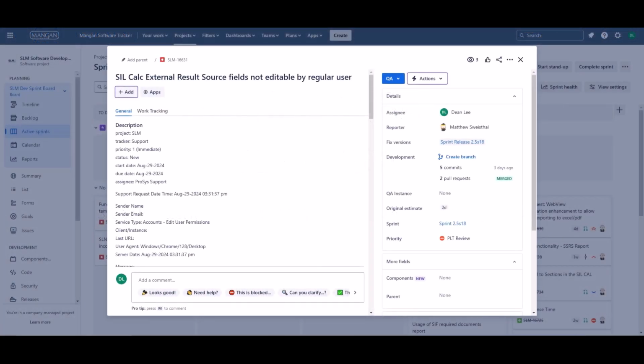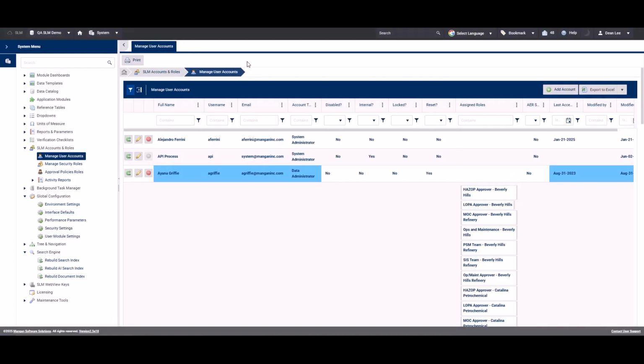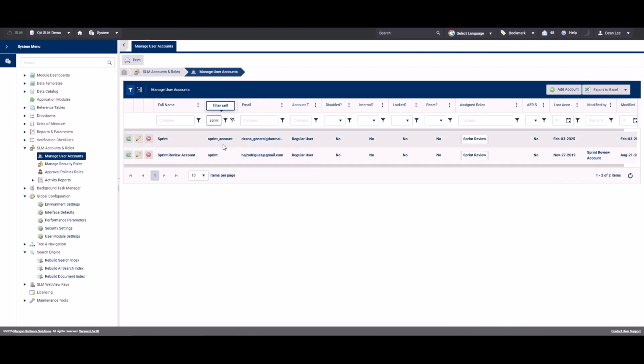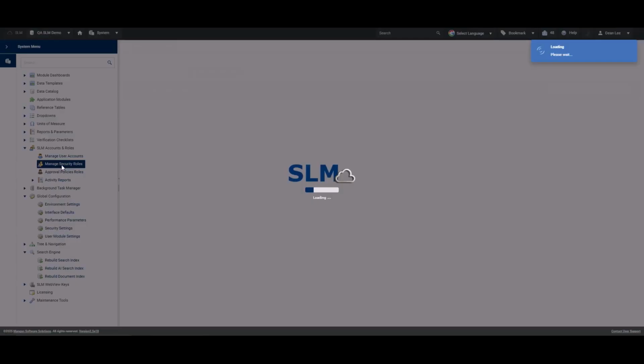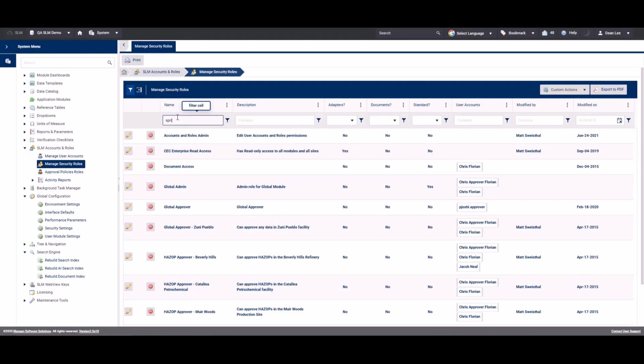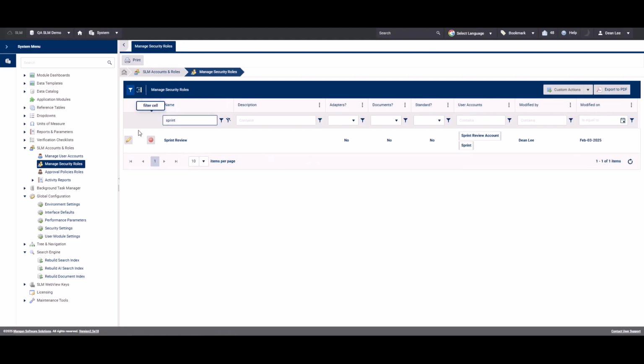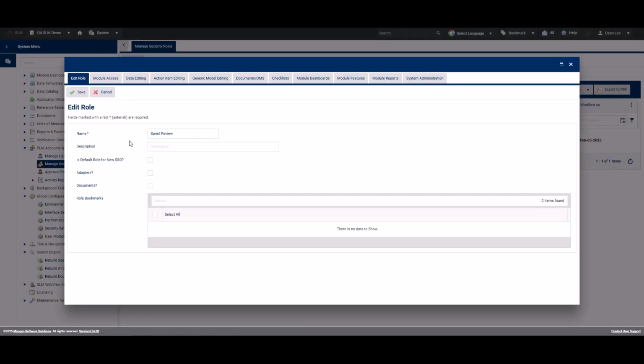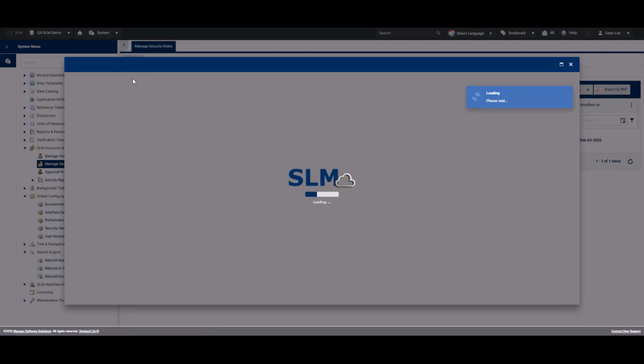Ticket number 16631. SIL Calc external result source fields are not editable by regular users. If we come to the System module and we come to Manage User Accounts, we've got a Sprint account here that is part of the Assigned Roles Sprint Review. So if we come to Manage Security Roles, if we filter on Sprint Review and Edit,